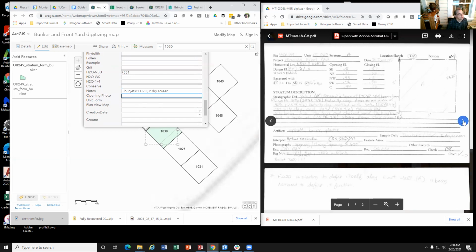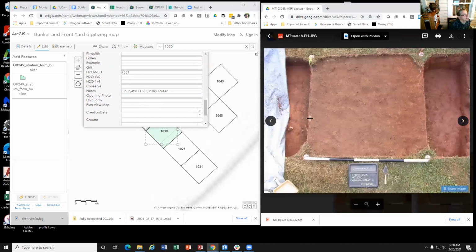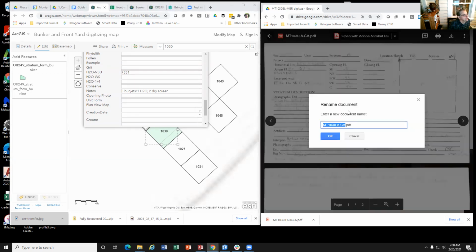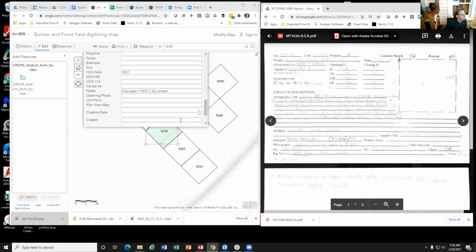And then when you get down to your opening photo, unit form and plan view, that's where you go to your unit records. First, the card right here is this one. This is where you can click on this and it'll give you the file name for the card that was scanned. I'm going to right click and hit copy, or you can hit Control C. For the unit form, I'm going to paste this in here.